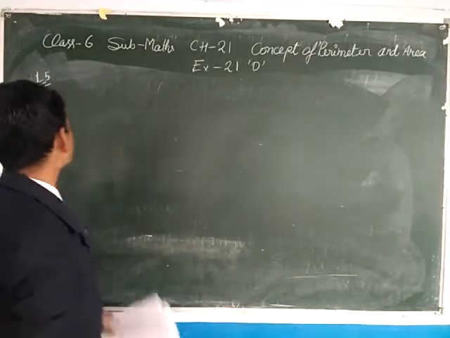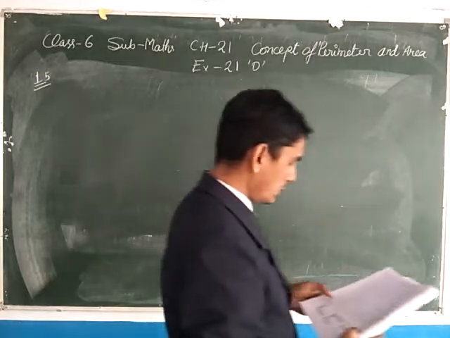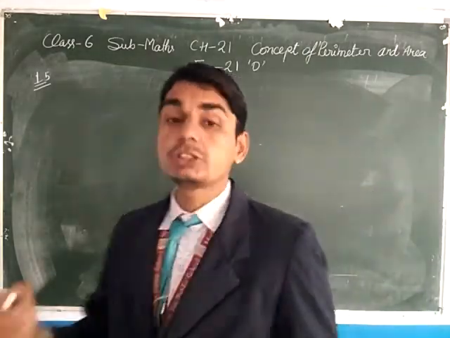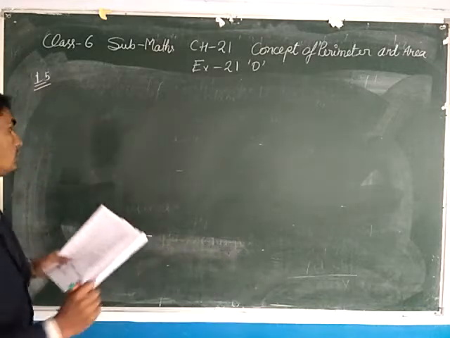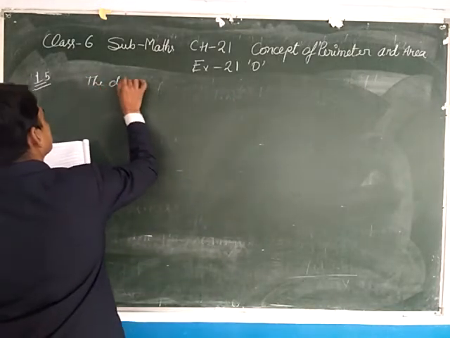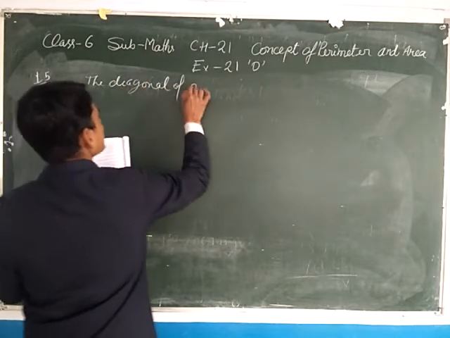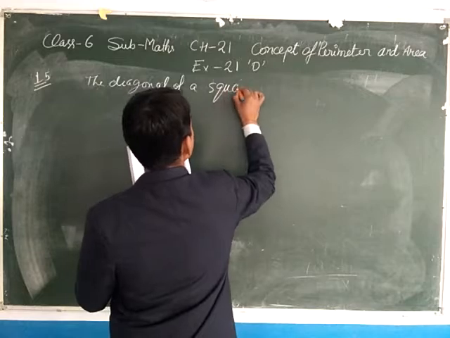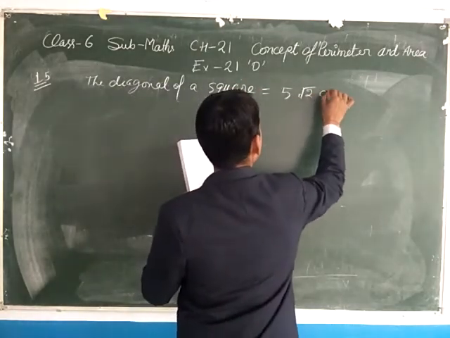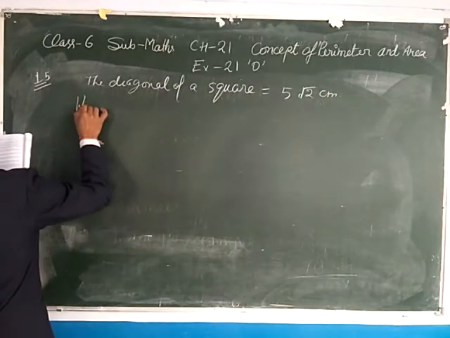Firstly, see question number 15. Question number 15 is: find the area of a square whose diagonal is 5 root 2 centimeter. So the diagonal of a square equals 5 root 2 centimeter. We know that